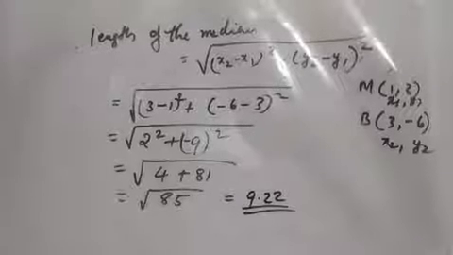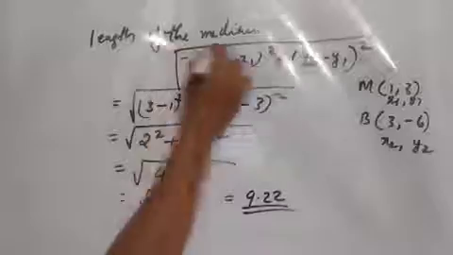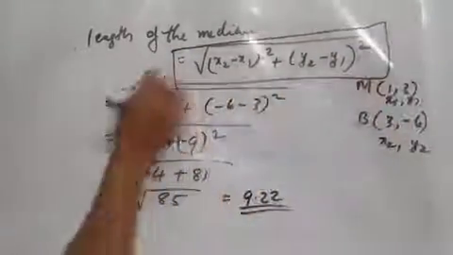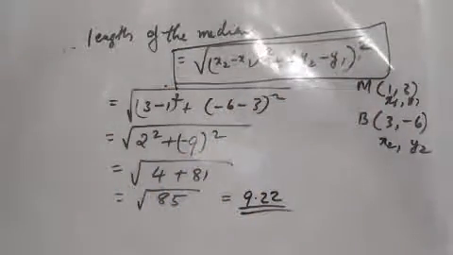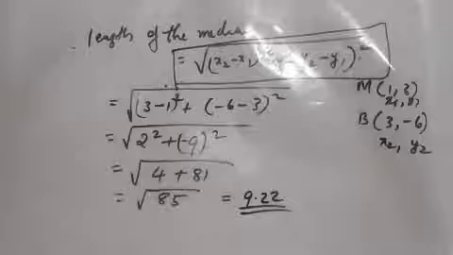Okay. So remember this formula also for this lesson, that is the distance formula. Distance formula is square root of (x2 minus x1) the whole square plus (y2 minus y1) the whole square, to obtain the distance between any two given points. Okay. Now let us solve the 16th problem.